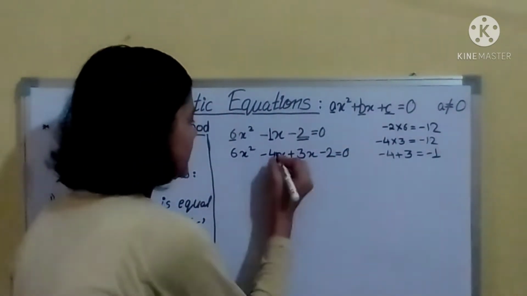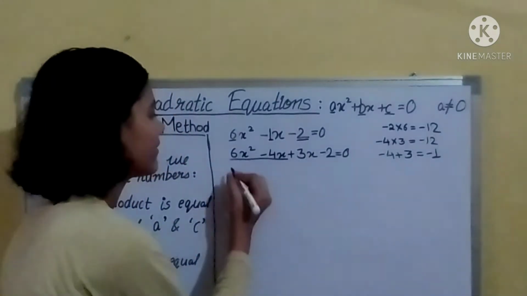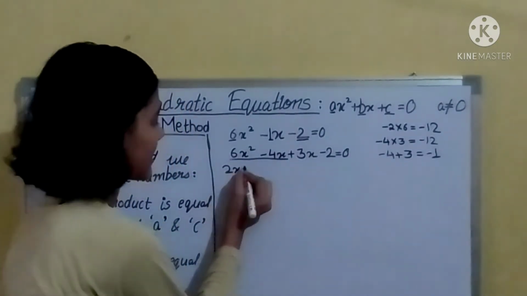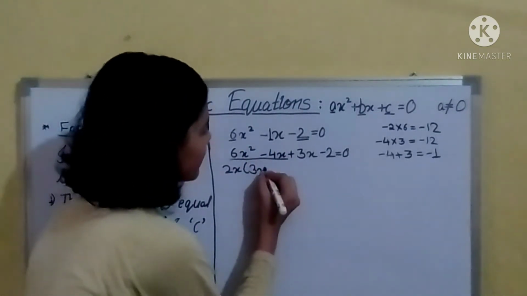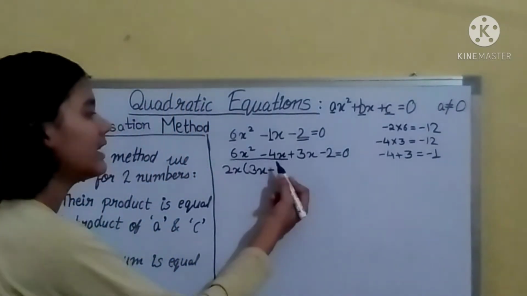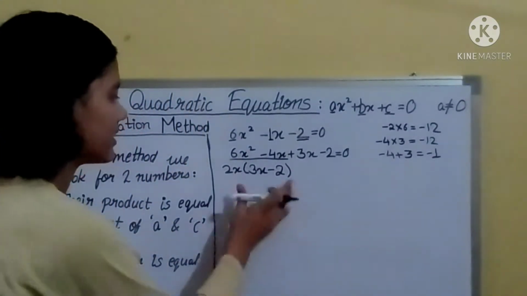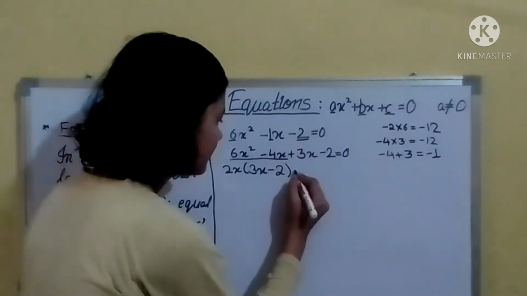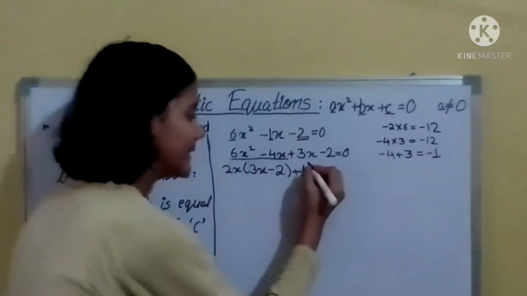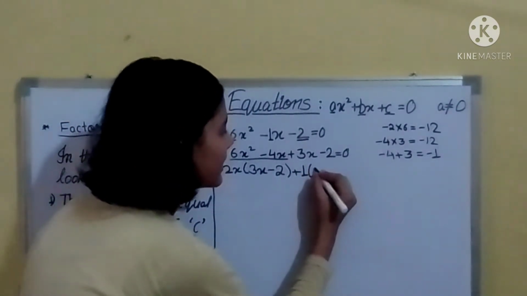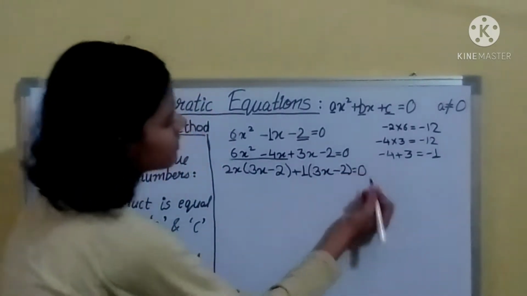Okay, then we will find the common terms. So in 6 and 4 what do we have? We have 2 and x. Then 2 and x are out, so 2 3s are 6 and 1 x is left, so like this. Then minus, 2 2s are 4, x we have already taken, so this will be left. Okay, then what will we do? We will take plus. Now here nothing is common, so we will take 1. So plus 1 into 3x minus 2 is equal to 0.